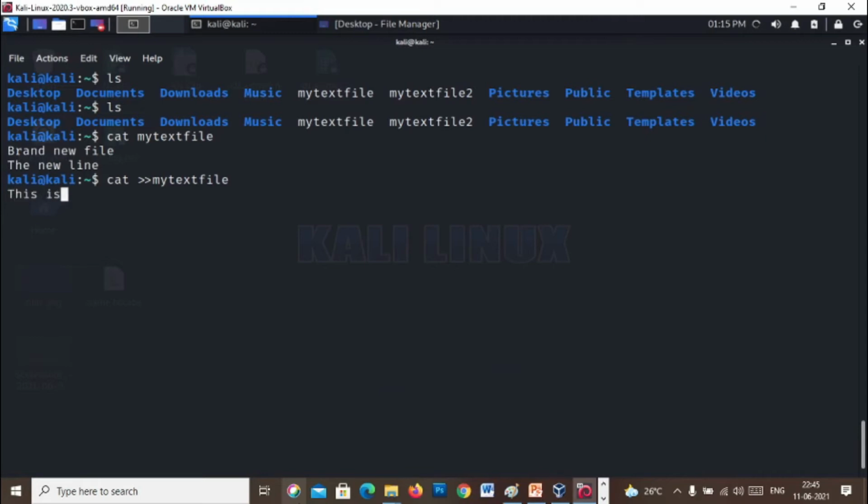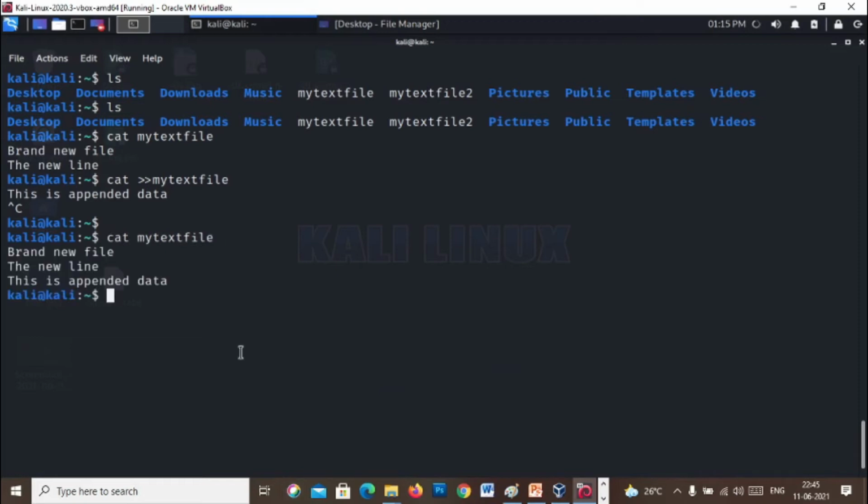This is appended data. Press Ctrl C to terminate. Let's see the content of the file again with the cat command. As you see, one more line is added into the file.